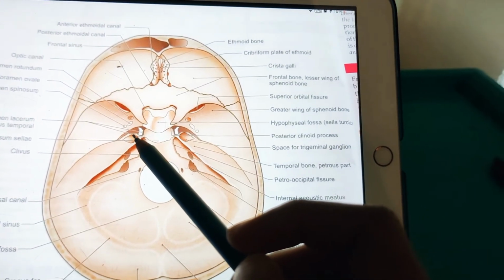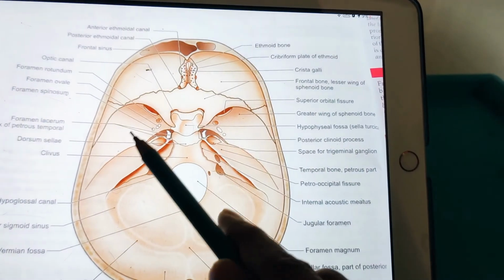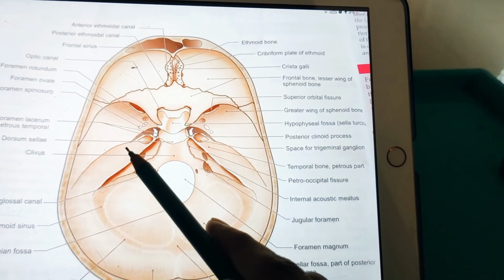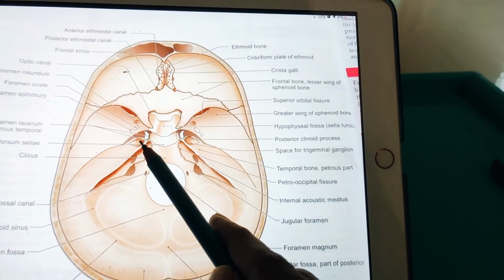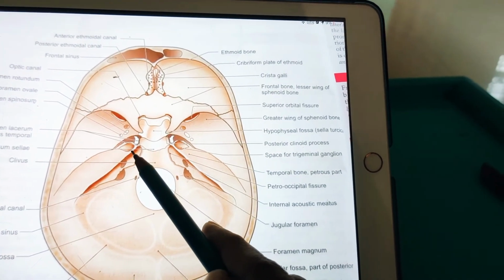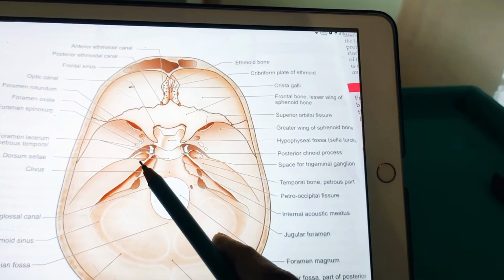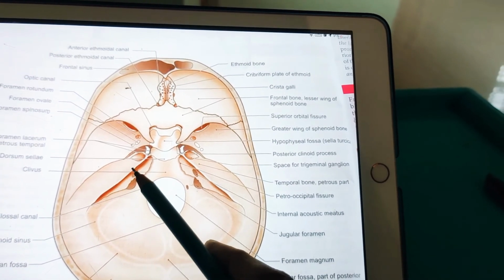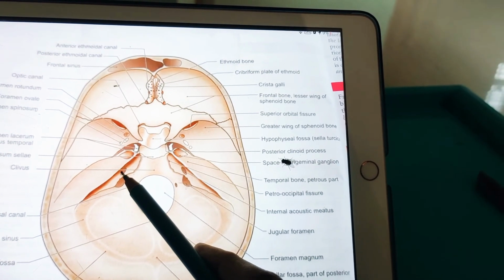Okay. So now coming to the anterior surface of petrous temporal bone. What are its peculiarities? It has a trigeminal impression. This one is called the trigeminal impression, which is near the apex behind the foramen lacerum. It lodges the trigeminal ganglion within its dural cave. Now coming to the hiatus and groove for greater petrosal nerve. It is present lateral to the trigeminal impression. They lead to the foramen lacerum.